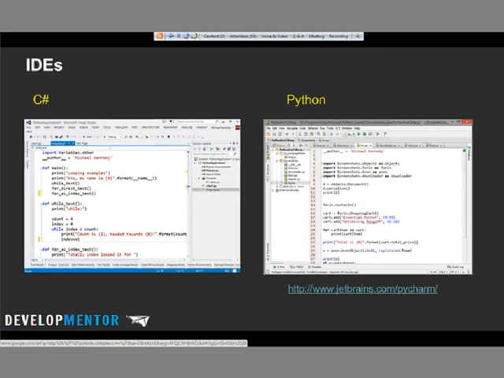However, if I were doing it, I would go and get PyCharm. PyCharm is cool. It runs on Windows really well. It also runs on Mac, and it runs on Linux. So this cross-platform thing is much easier with PyCharm. And there's a community edition that's free, kind of like Visual Studio Express. And I think the official price is like $99 instead of a couple thousand. So pretty cheap.